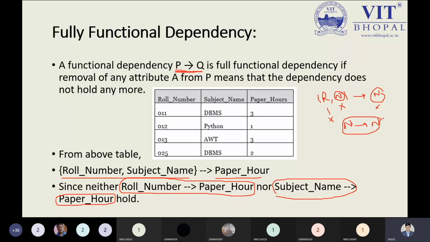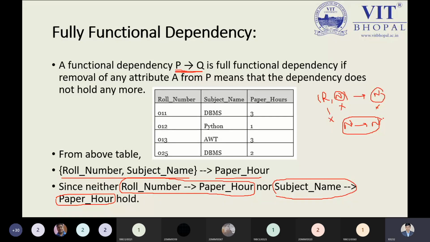That is the reason fully functional dependency is saying to us, if you are removing any attribute from the left side, or from the set of attributes in the P, then we will say it does not hold anymore. But keep in mind the relationship we have to use. You can observe over here the roll number and the paper art, will there be a relationship or not? There will be no relationship with the paper art, not the paper code, paper art. As a student, you are bound by the paper art. You can take the paper in 2 hours instead of 1 hour or 3 hours. The time we are giving to you, you can complete the paper within 20 minutes rather than 90 minutes. So the dependency will not stand over here.